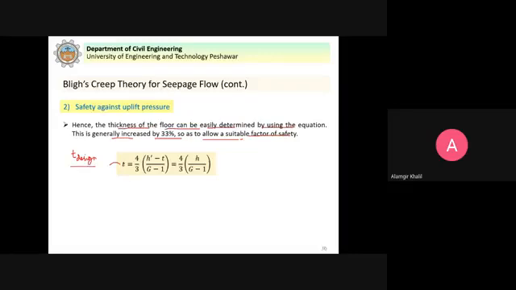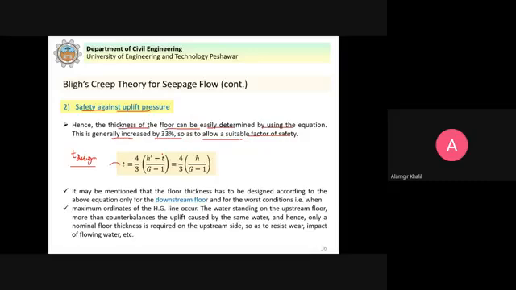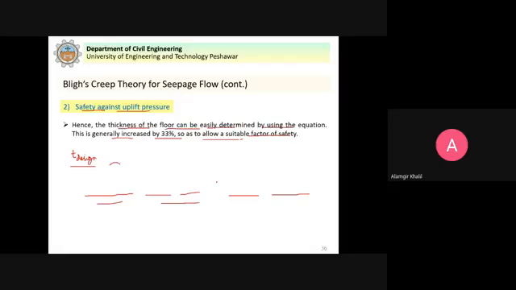This is the thickness we need to provide safety against the uplift pressure. Now, it may be mentioned that the floor thickness has to be designed according to the above equation only for the downstream flow. Why? Because